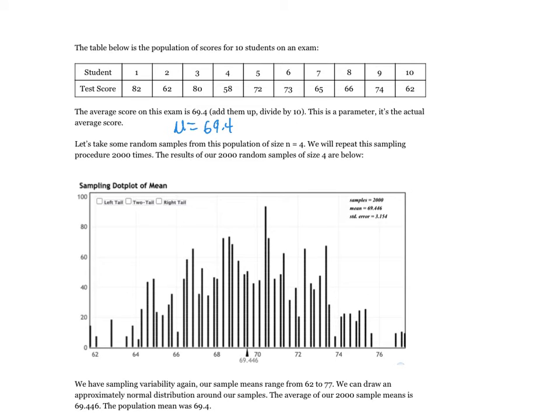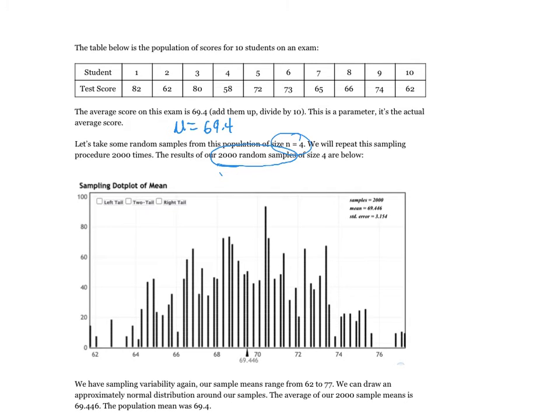Okay. Now, what I did was I took random samples from this population of size 4. Okay, so basically I threw these 10 test scores in a hat and I randomly picked out 4 scores. Then I found the average of those and I graphed it on the graph below. And I repeated this 2,000 times. Okay, I have a program that does that. So every dot on this graph, and there's so many dots you can't even tell one individual dot, every tiny little dot represents one of these 2,000 samples of size 4.